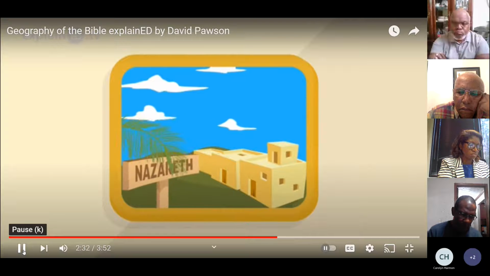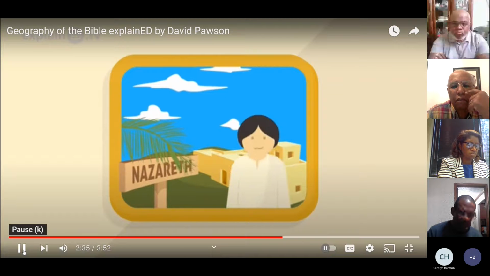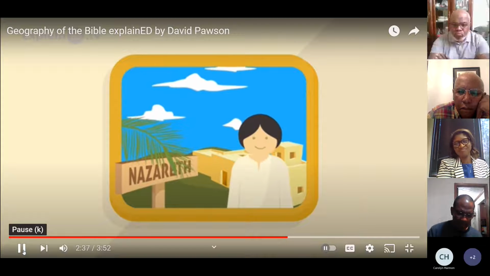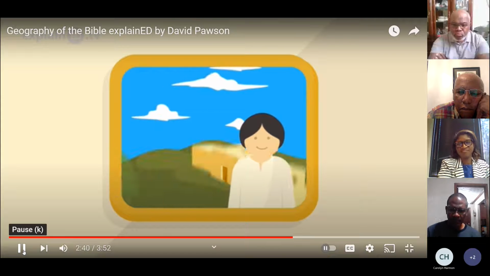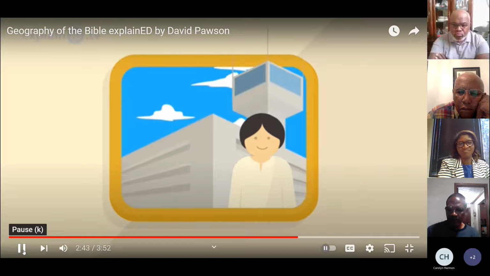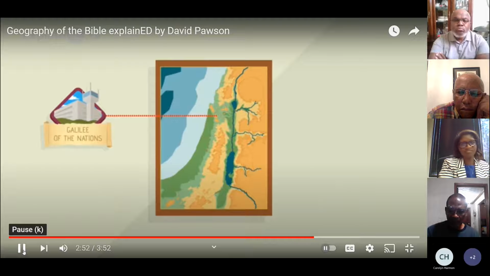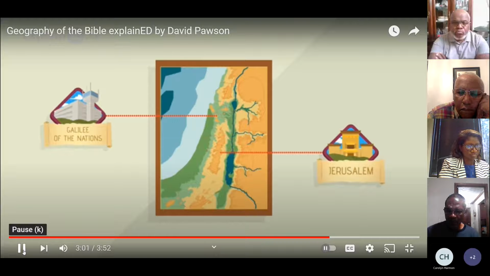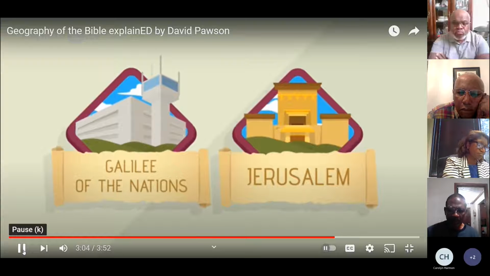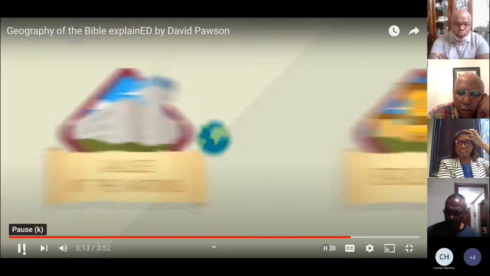Overlooking that crossroads is a little village called Nazareth. And a boy of Nazareth could watch the world go by. He could lie on the hill as a boy, like being in an airport lounge, where you see all the nationalities coming and going. That's why they call this northern part Galilee of the nations, because it was an international crossroads. Whereas further south up in the hills, it was very isolated and very Jewish. And Jerusalem is right up in those hills. So you had two parts of the Promised Land, the international part, where all the nations came and went, and this very Jewish, isolated part up in the hills with Jerusalem.